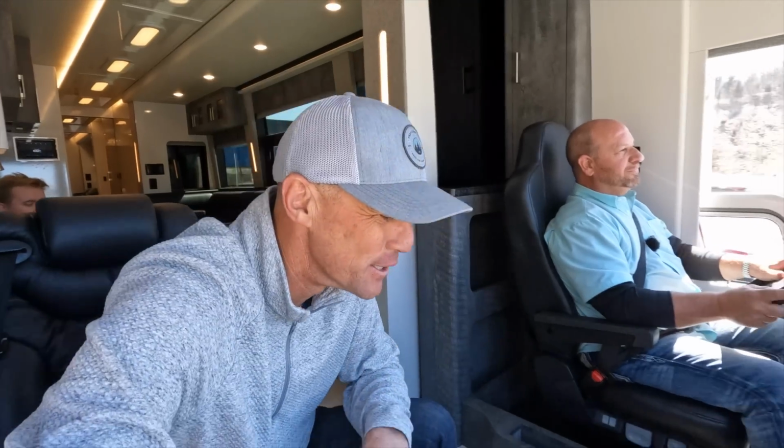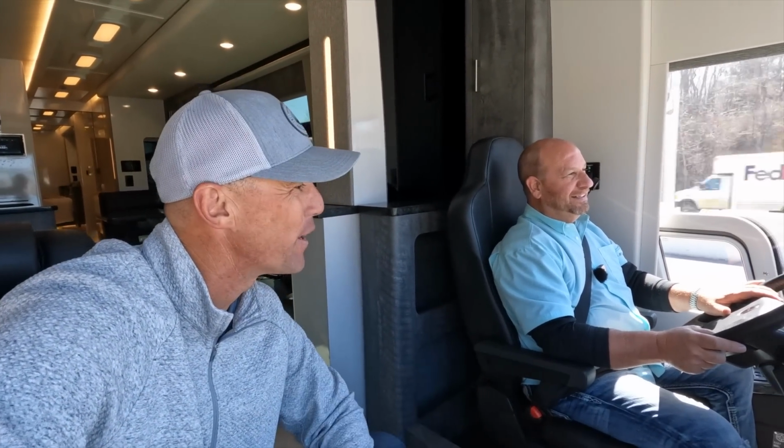A lot of these buses you're going to see as seated passenger buses, and then of course the tour buses. Now you come a little bit from the entertainment industry. While we're rolling down the road, can you tell everybody a little bit of your background and how you got into the bus industry? Oh my, I'd have to take you all the way back